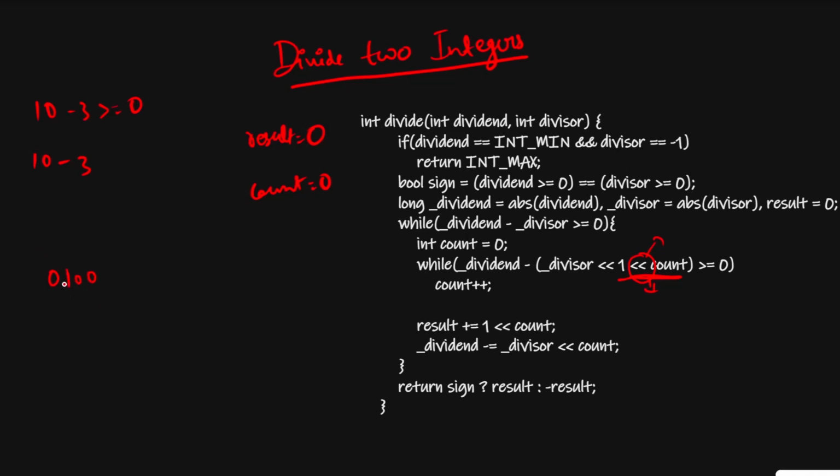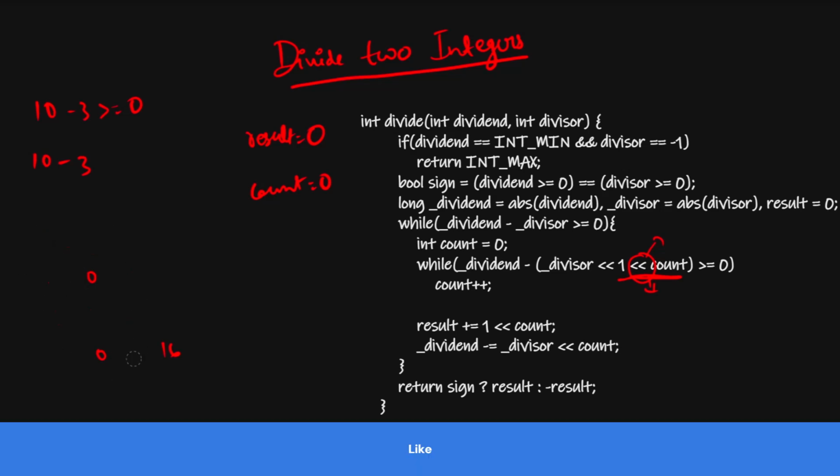So if I do 4 times 4 shifted by 2, what does it mean? I have to shift my bits 2 times. If I shift it 1 time, my answer will be this. This is 8 and this is 4. And if I shift again, because I have to shift it 2 times, my answer will be 1 0 0 0 0. So this will be 16. So this is our shift operator.